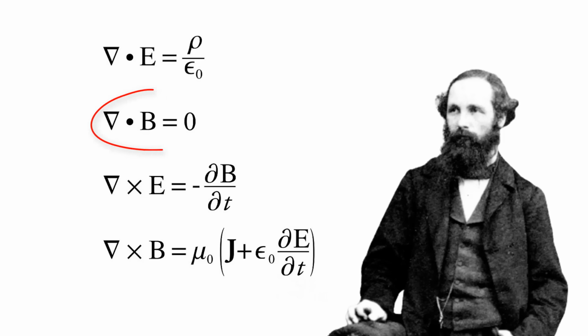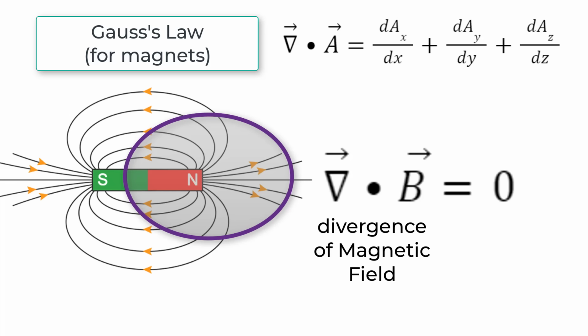In addition, Maxwell also found from manipulating other equations that no matter what the medium is, the divergence of a magnetic field is always 0. Which means that although you can have more positive electric charge than negative, or more negative than positive in a volume, for magnets you can't have more norths than souths, or more souths than norths. So when you follow the magnetic field lines, they can never converge or diverge from a point. Even on the north part of a bar magnet, where the magnetic field lines look like they're emerging from the north like a point, the lines actually sneak back to the north inside the bar magnet, and you still get the divergence of B is 0.